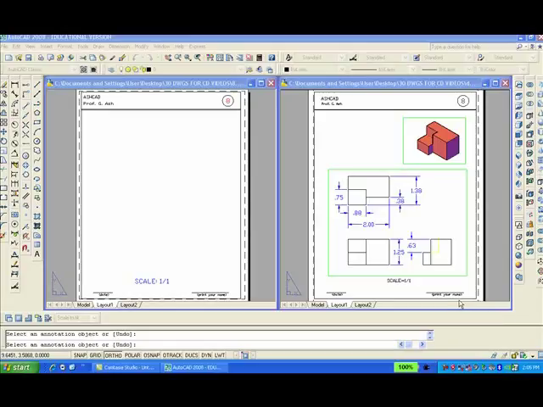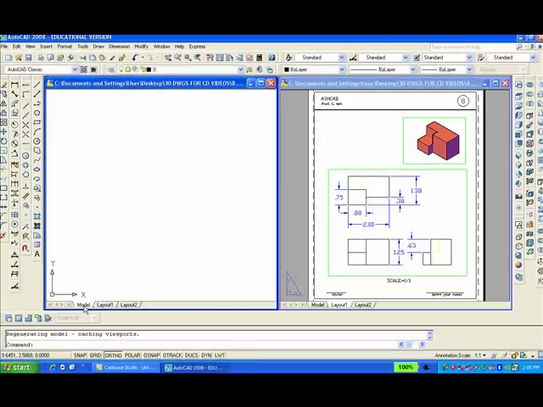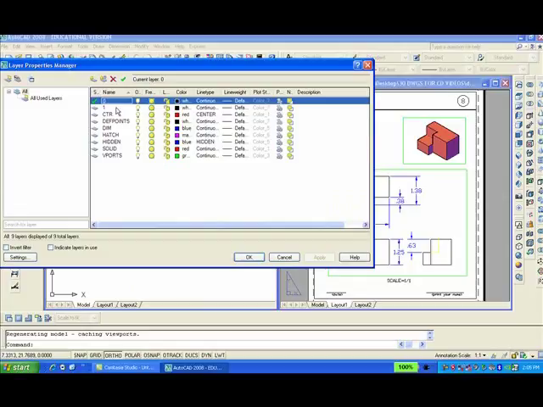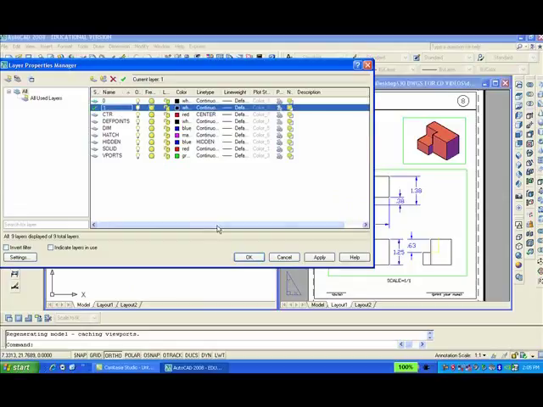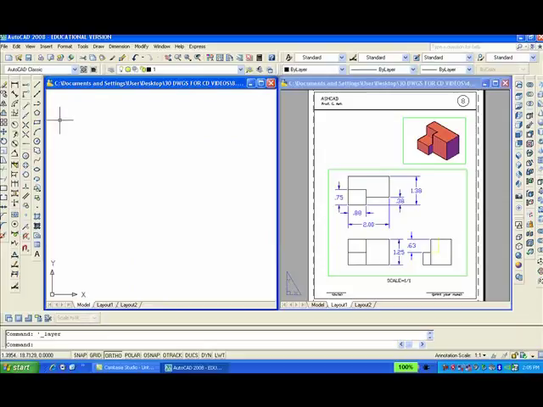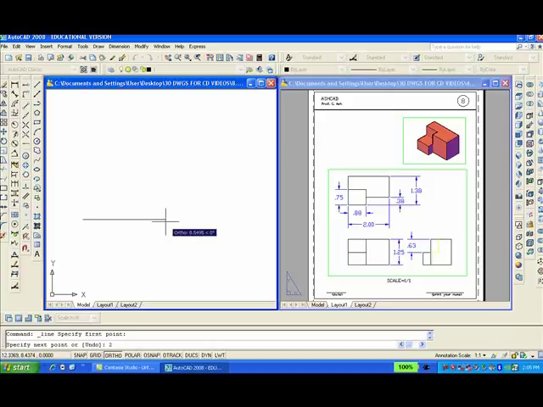This is exercise 8, so let's get started. Click Model button, click Layer button, make Layer 1 current, OK. Draw a line, L enter, anywhere, from here to enter, down 1.38, enter, 2, enter, C, enter,